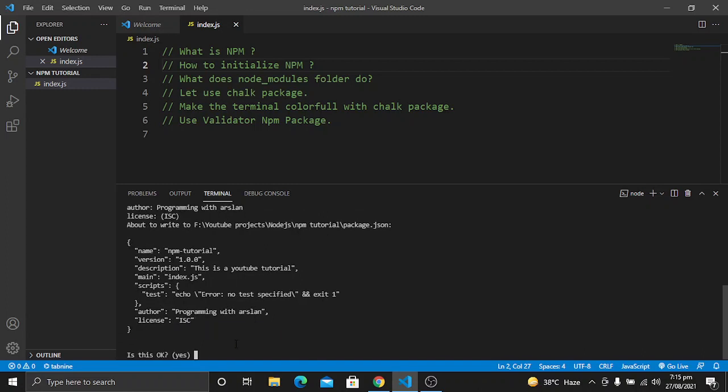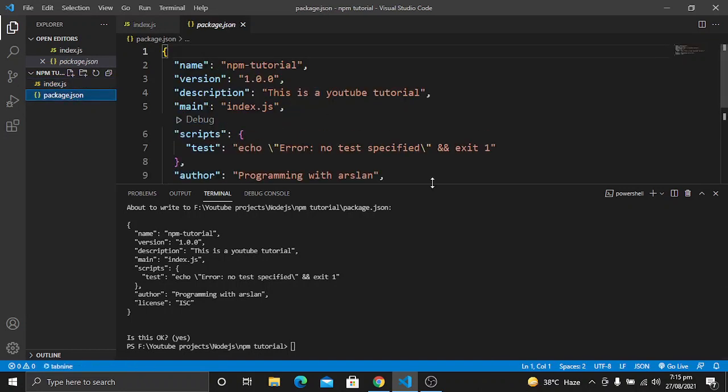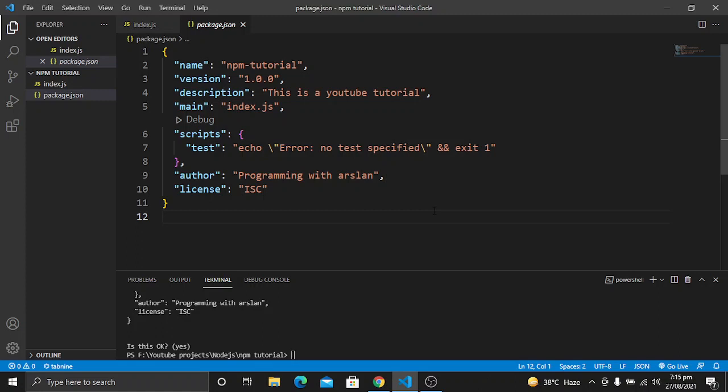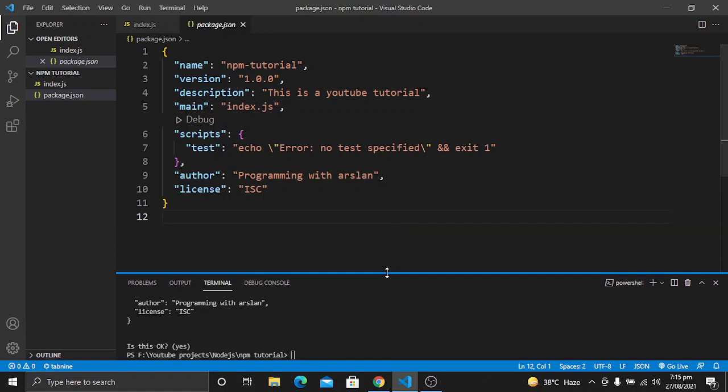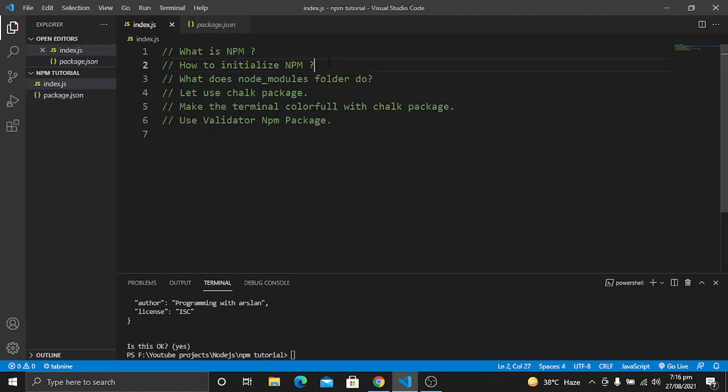Next it will be the name of the license. Then it will say is this okay. We will hit enter. Now you will see our package.json file is created. So what will this json file contain? All of the information that we put in the terminal by running the command npm init will be contained in it, such as the name that we have given for our project, the version of the project, the description, the entry point. Then it will be the scripts, the name of the author and the license. So all of this information will be contained, and in this way we can initialize our node.js project.